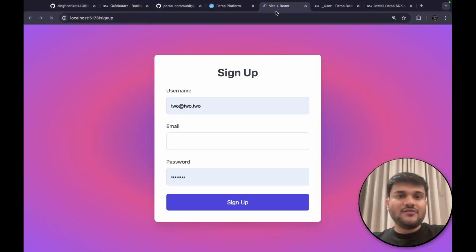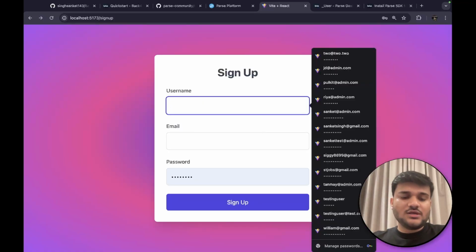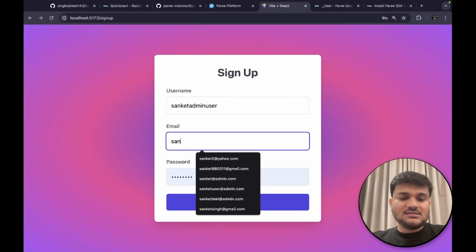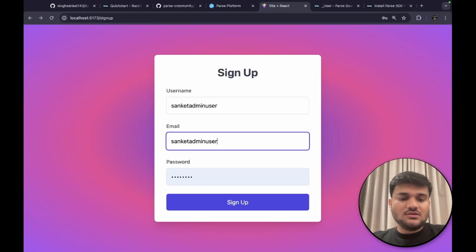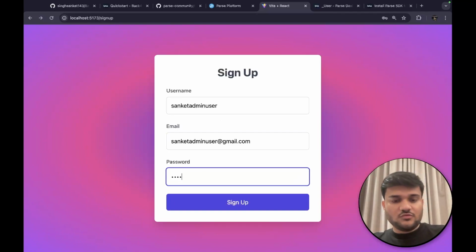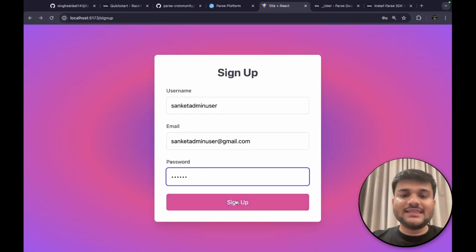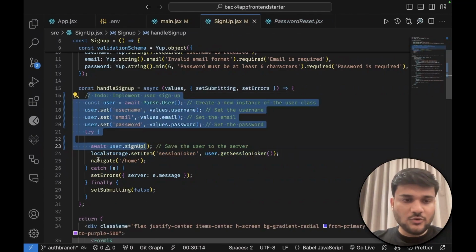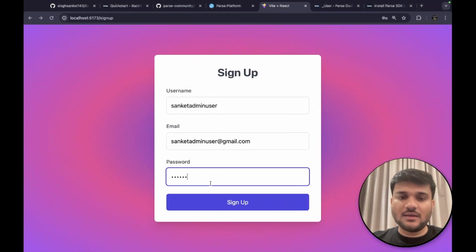Okay, and if I go here, you can see, let's put a username in place. So I'll say Sanket admin user. Email, I'll say Sanket admin user @gmail.com. Okay, this will be the email that I'm going to put, and the password, let's say simple 123456, simple password I'm going to keep. The moment I click on sign up, if you carefully see the logic, if the sign up completely works, we are going to get navigated to the home page. Let's see if that happens or not. The moment I click on sign up,